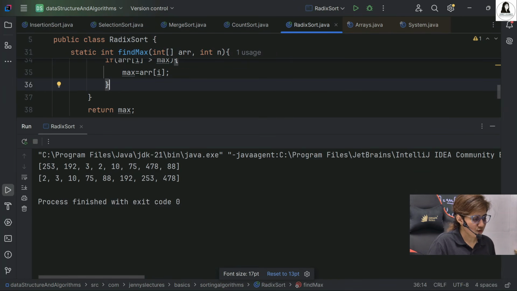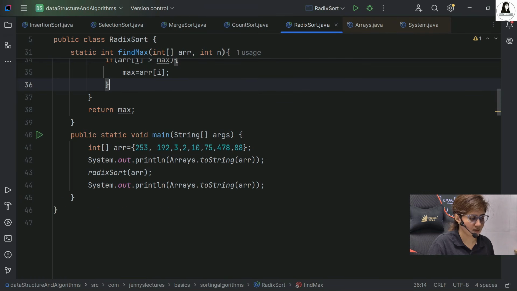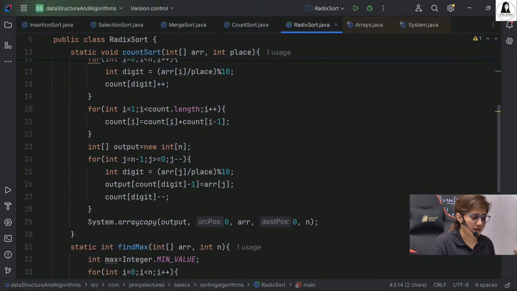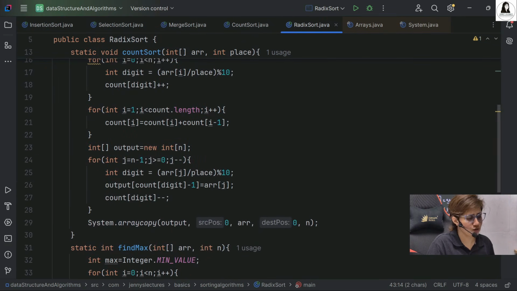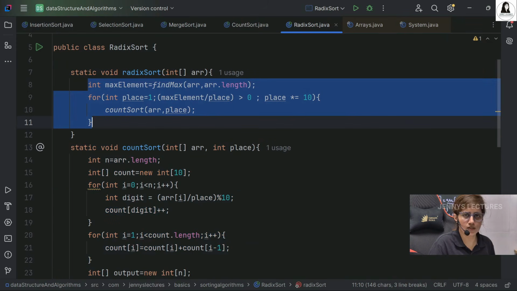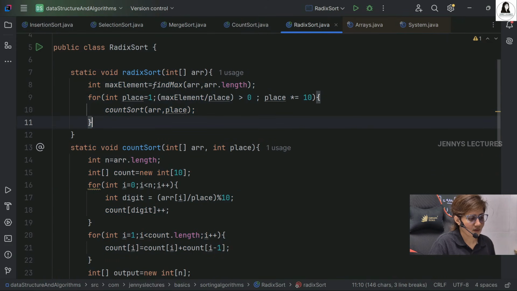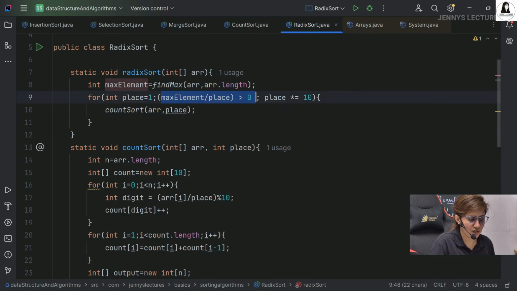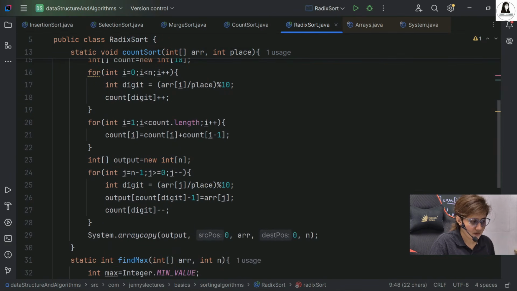So before sorting, this was my array. Yes, this was my array. After applying radix sort, this is my array. Yes, that's correct. This is my array. So this is how we apply radix sort. I don't think it's tough because you already know counting sort. So this much code you need to understand. That's it. The only thing is you need to understand the termination condition and how to fetch this digit.